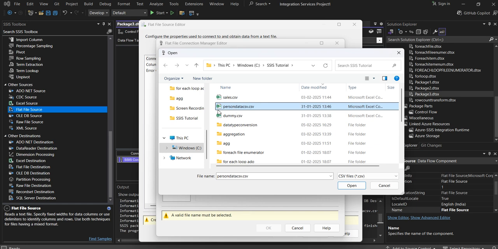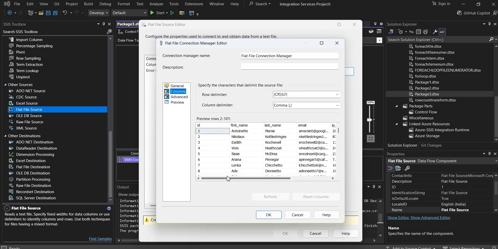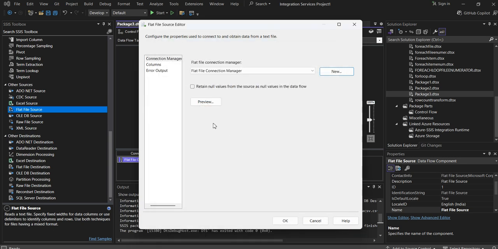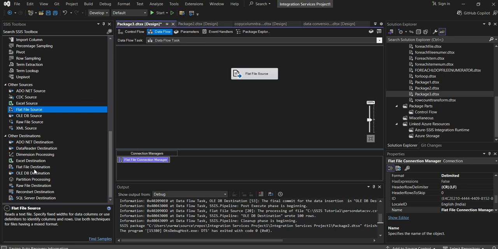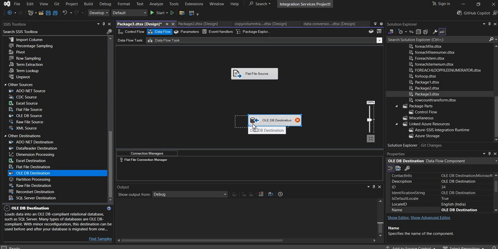In the CSV file, I am going to load this data. Open the file with the column names in the first data row, meaning the first row has the column names and the rest are data. Click OK. Then define the target as an OLEDB destination, because we are going to load data to SQL